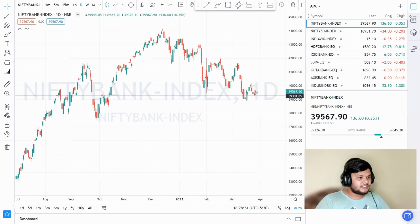So tomorrow is the expiry day, and you can clearly see here that Bank Nifty is also preparing to show some kind of expiry movement, because for the last 3 days it has continuously traded in a range of 39,600 to 39,300. So if tomorrow the market opens flat, or if it once again tries to trade above 39,600 or 650 and